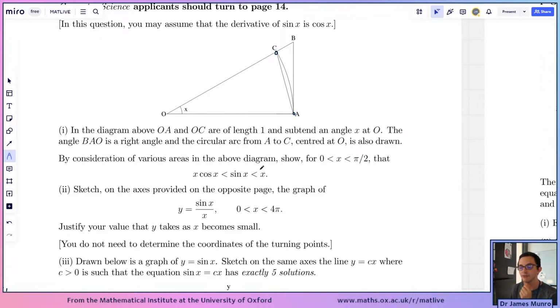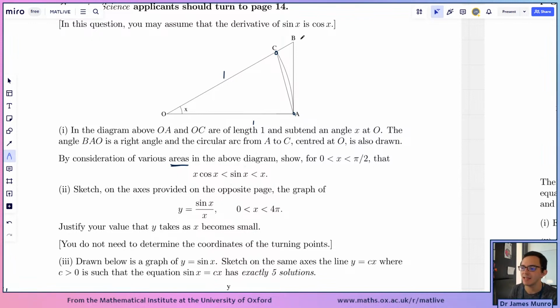The length of, oh sorry, it says areas. It's all about areas. The idea is that the area of the circle section of a circle is something to do with x. The area of this triangle is something to do with sine x. And then, oh my gosh, x cos x is something to do with the area,